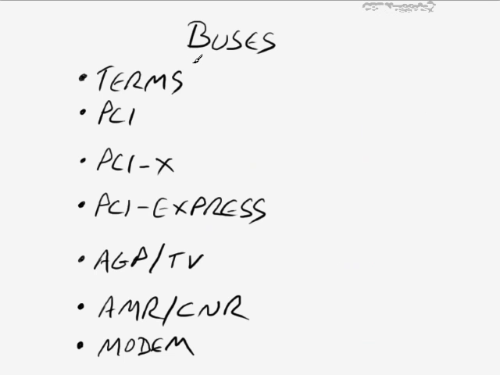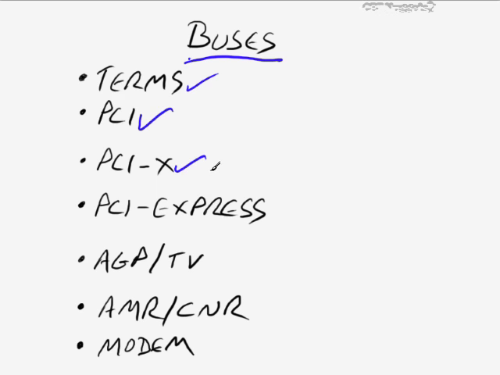In this nugget, we discussed buses. We started off with a discussion of the various terms, such as megahertz, clock cycles, and the like, and this was important in determining the overall bandwidth of a device. We took a look at PCI devices, which are still found on new motherboards, but which is going to be somewhat of a disappearing standard as time goes by because we are now mostly using PCI Express.